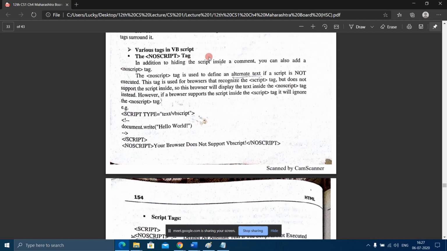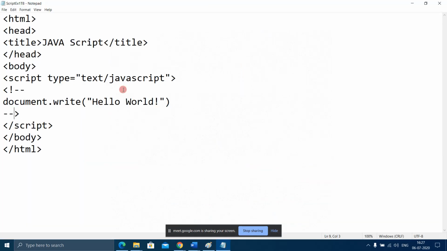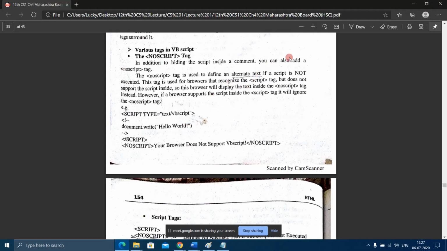In addition to hiding the script inside a comment, like the comments, how we had seen it here, instead of hiding the script tag in comments, you can also add a noscript tag. So what's the purpose of noscript tag? Noscript tag is used to define an alternate text if a script is not executed.